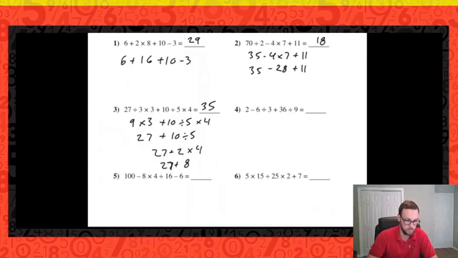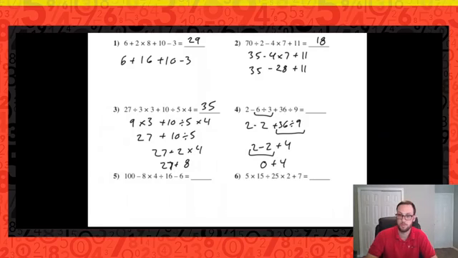Let's do number 4. 6 divided by 3 is the first thing that we're going to do. So I've got 2 minus 2. I have another piece of division I need to do. 36 divided by 9. Yep, which is 4. Now I've got 2 minus 2 plus 4. Write that a little bit neater. So what's 2 minus 2? That's the first piece. We're working left to right, is 0. Very good. Plus 4 is 4.